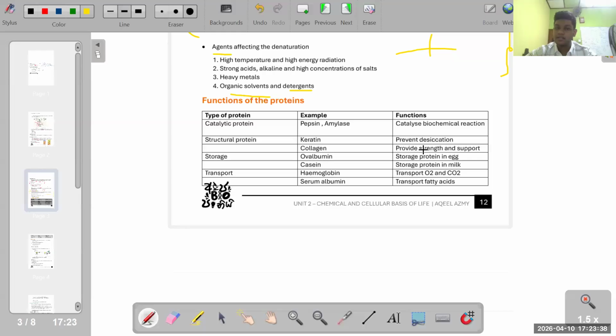So this will be learned in the lessons of cell biology also. When we come to plant cells and animal cells, we'll come across the cell biology part, where mitochondria, chloroplast, and organelles will be discussed. There we'll learn about the extracellular matrix, and study collagens in detail. Here they have just said that collagens provide strength and support. Is that clear? These two, just check. Keratin and collagen. Is it clear?